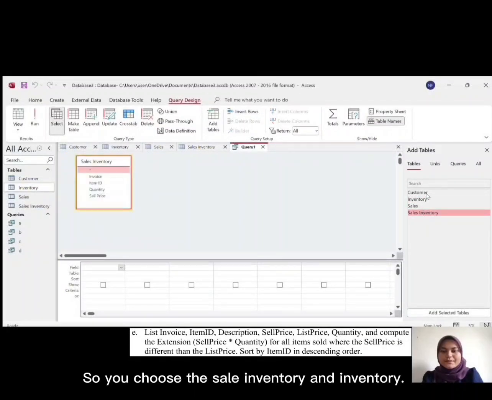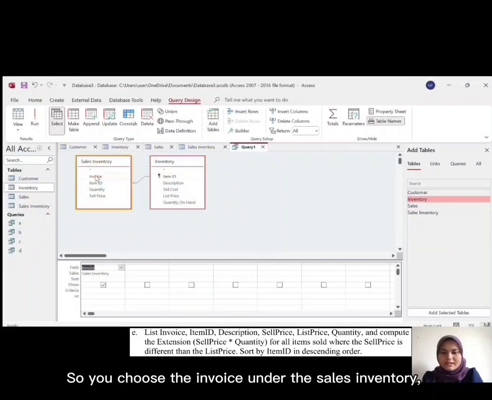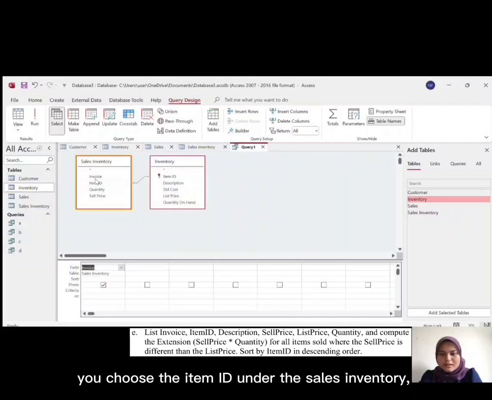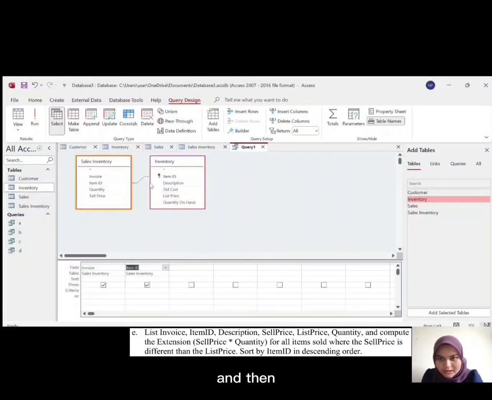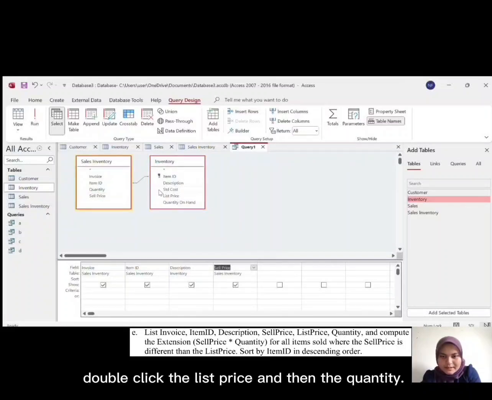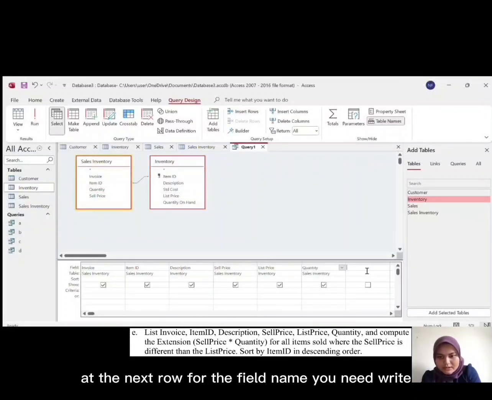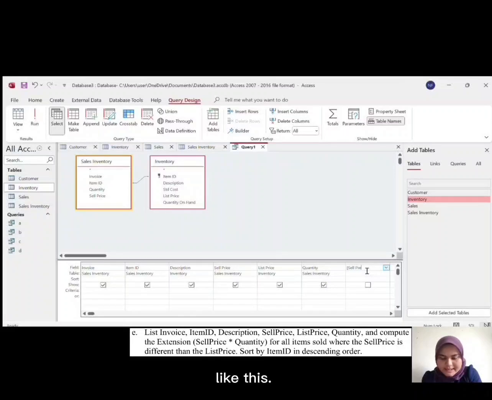So you choose the sales inventory and inventory. You choose the invoice under the sales inventory, you choose the item ID under the sales inventory, and then description. Sale price, double click the list price, and then the quantity. At the next row for the field name, you need to write like this.